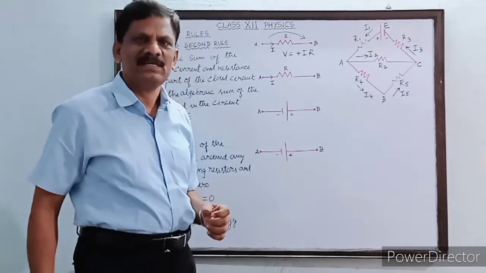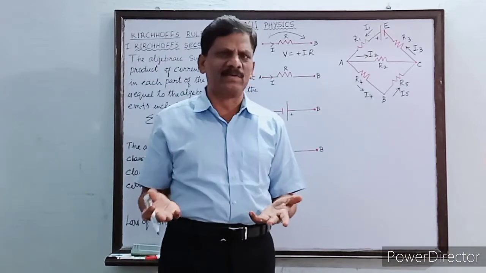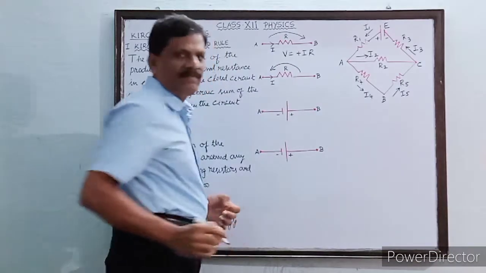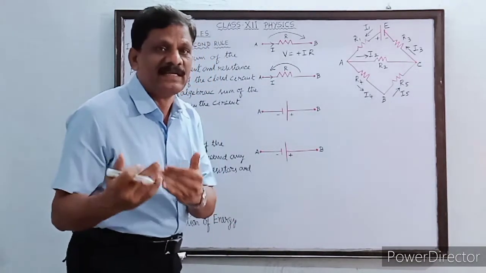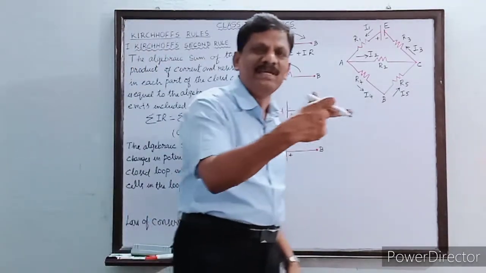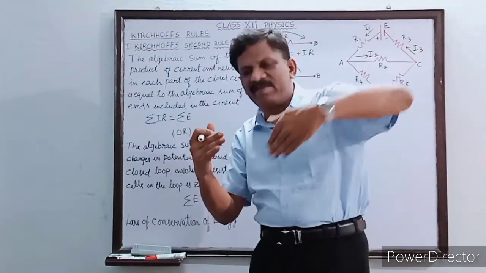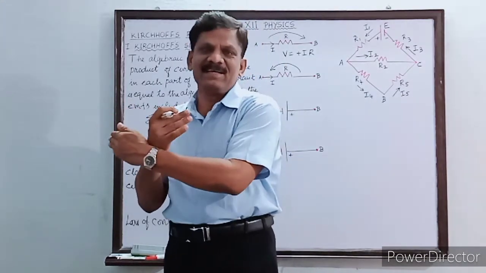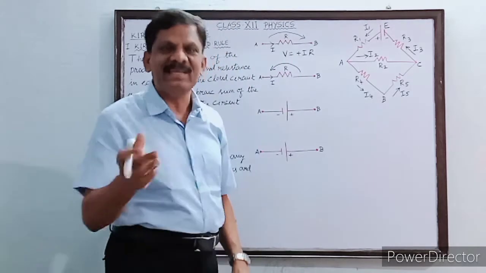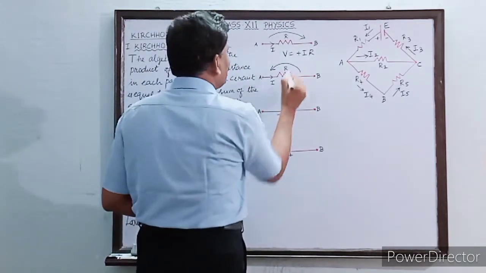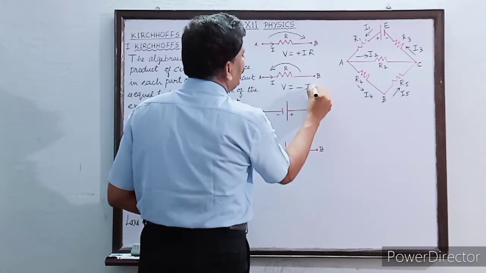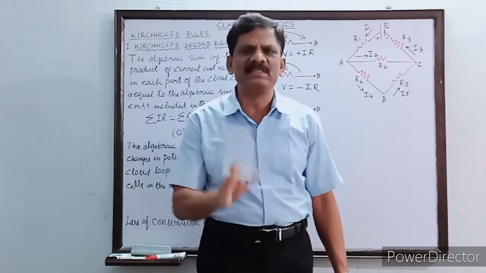Have you all understood? Suppose in another part of the circuit, I am proceeding from B to A, but current is flowing in which direction? From A to B. Current is flowing in the direction A to B. I am proceeding inside the loop from B to A, along or against? It is against the direction of the current, is it not? Therefore the IR product will be negative. So here the potential difference V is equal to minus I into R. Are you thorough with this first of all?